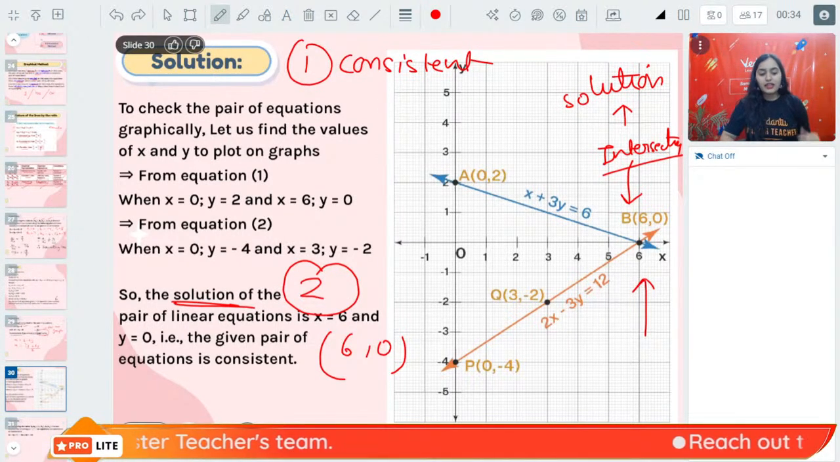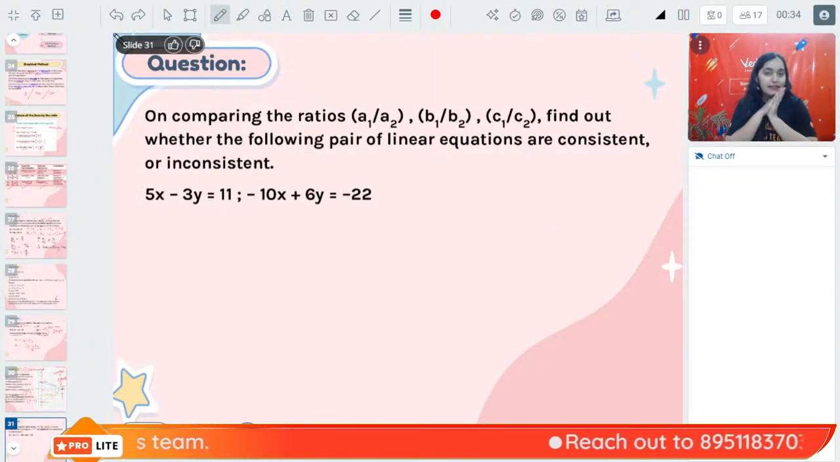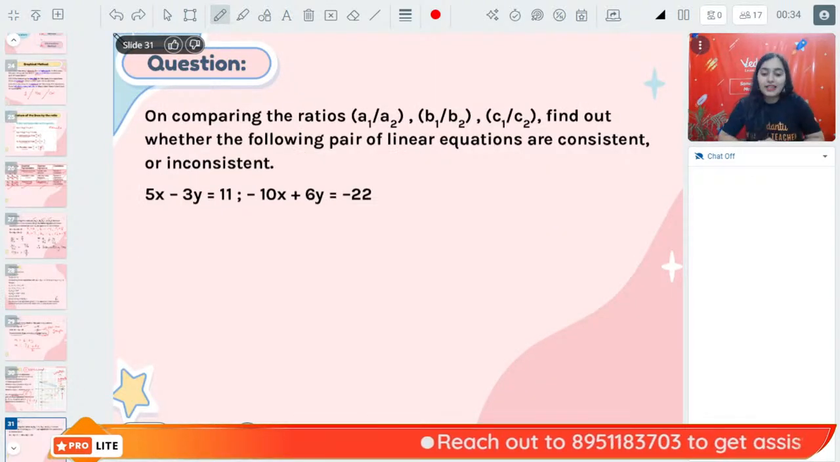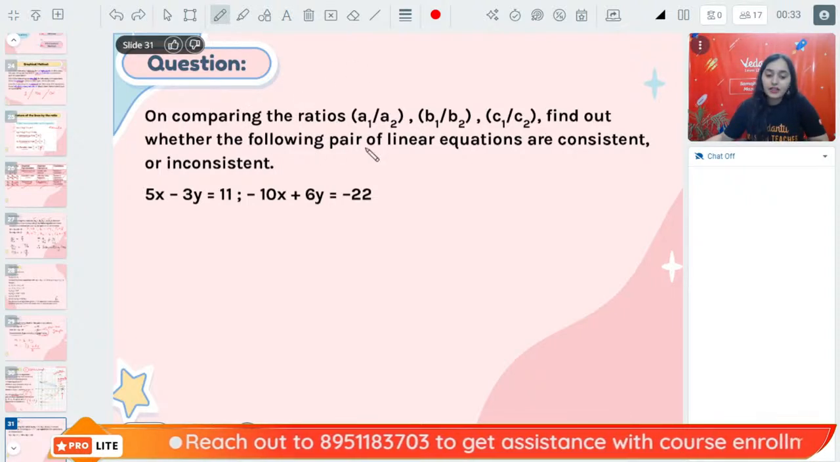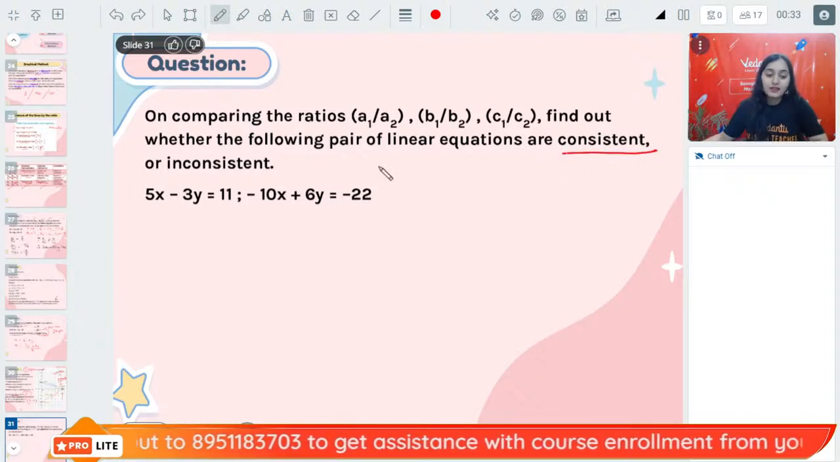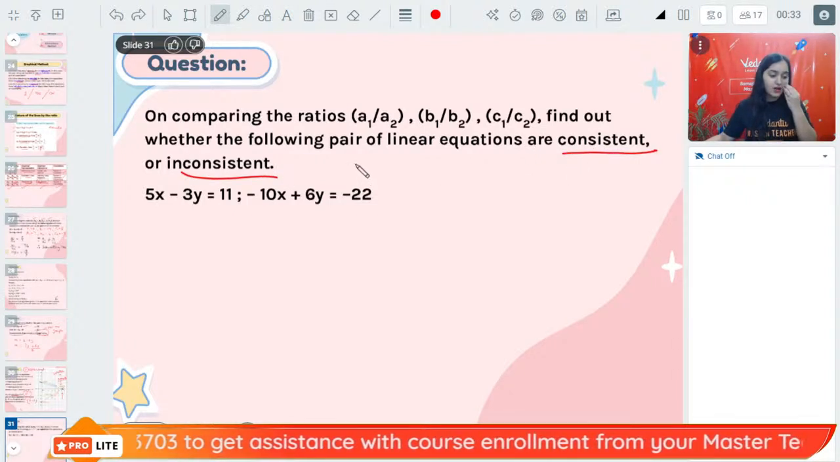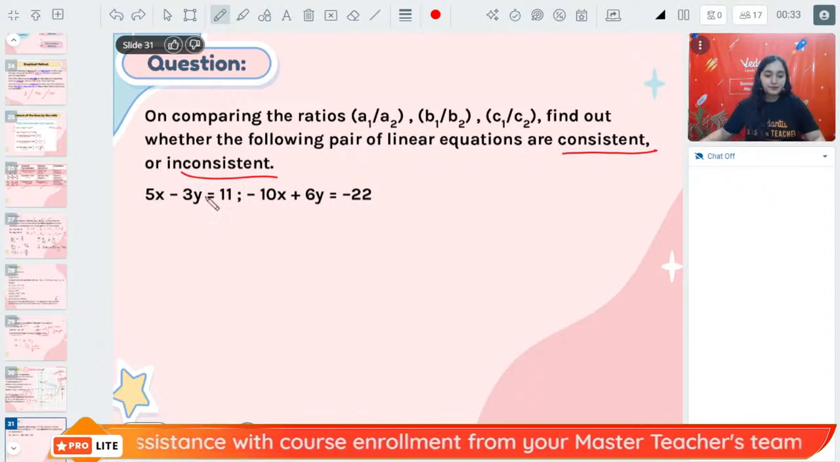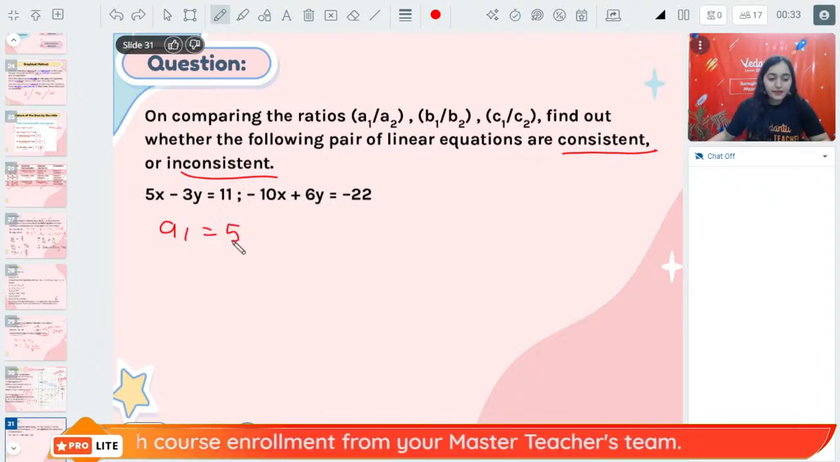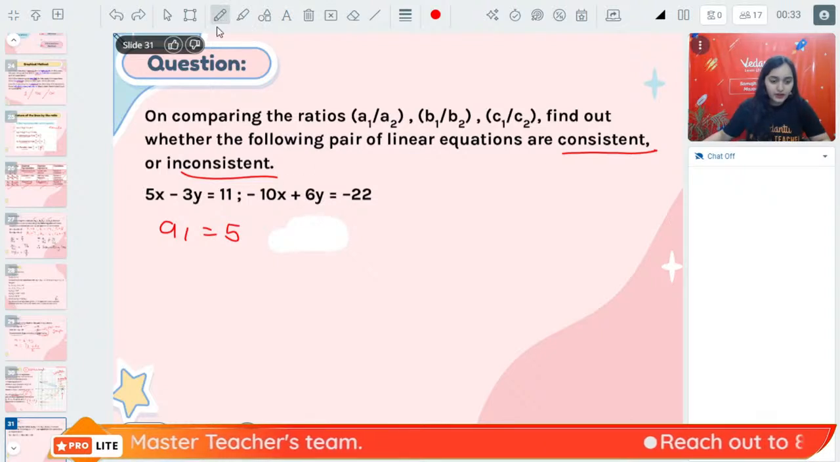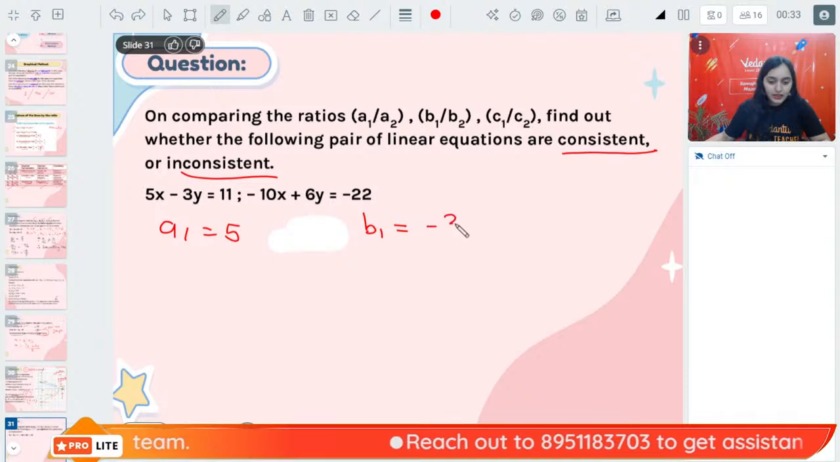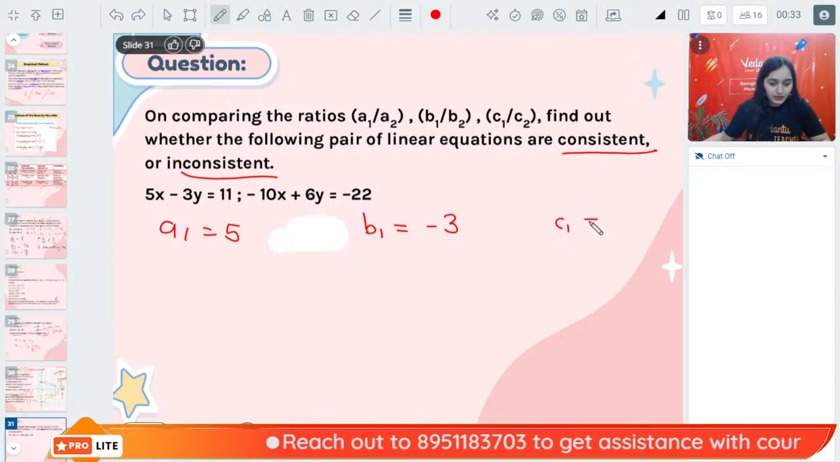Yes, so these types of questions can come in your exam. Another type of question which is very possible to come in your exam: on comparing the ratios, find out whether the following pair of linear equations are consistent or inconsistent. Find out everybody and quickly tell me the answer. a1 is 5, b1 is -3, and c1 is,